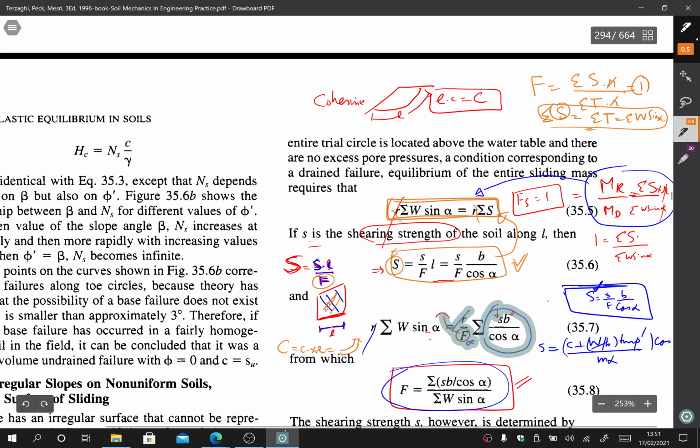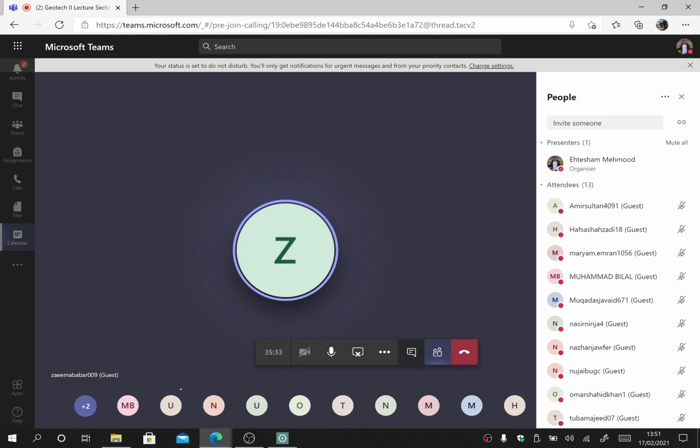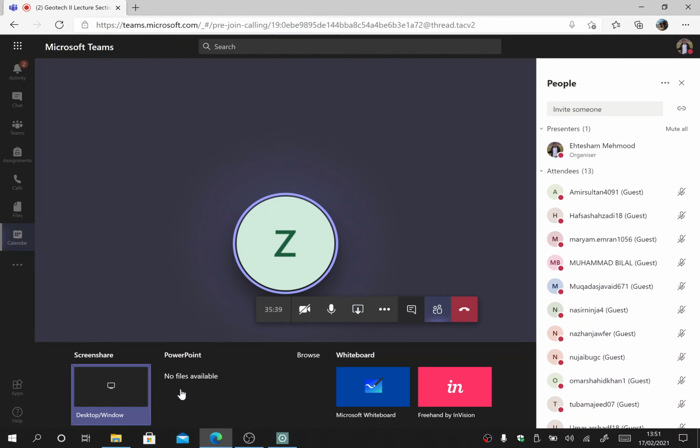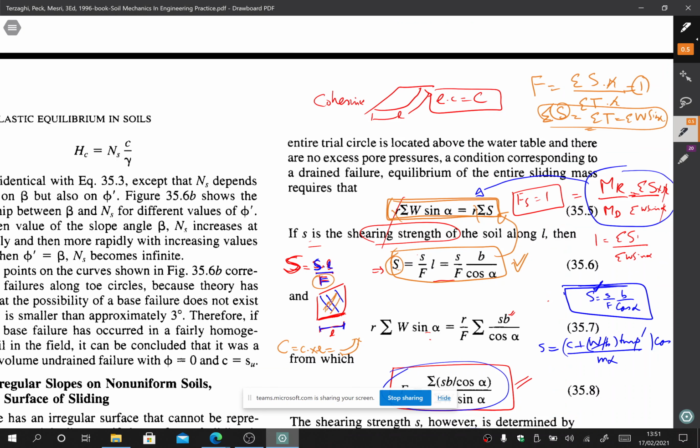Excuse me, sir. Yes. Sir, screen share नहीं हो रही. Is it hanging? सर वो एक ही फिगर शो हो रही है, उसके आगे कुछ भी शो नहीं हुआ जो आपने लिखा है. Just a minute. Okay, can you see the figure now? Can you see the marking of my pen now? Yes, sir. अब आ रहा है.